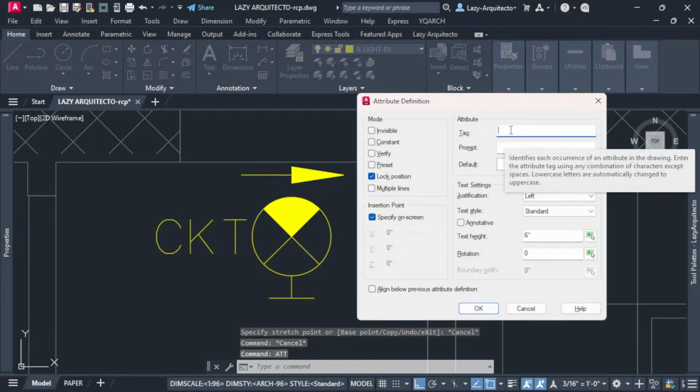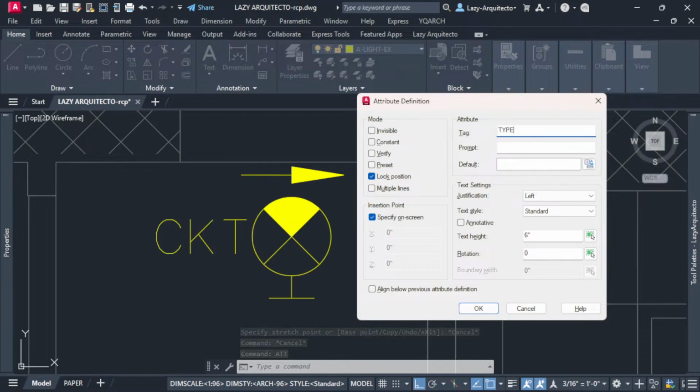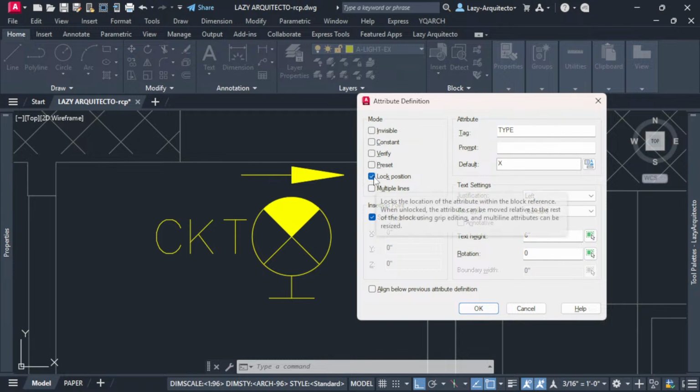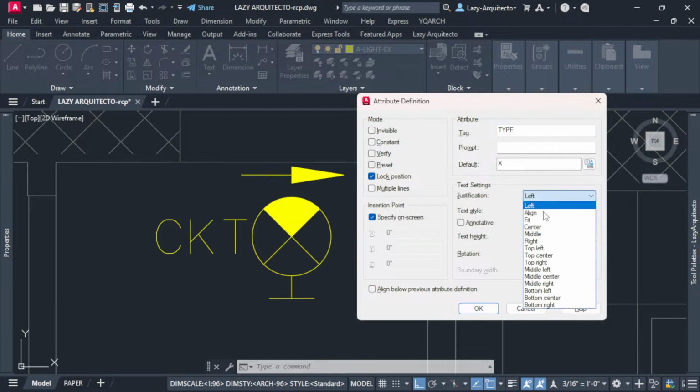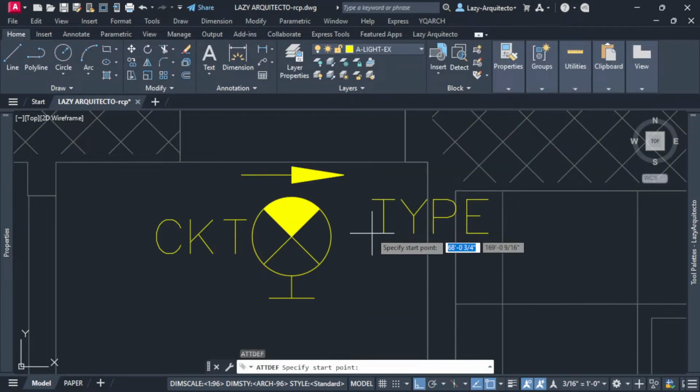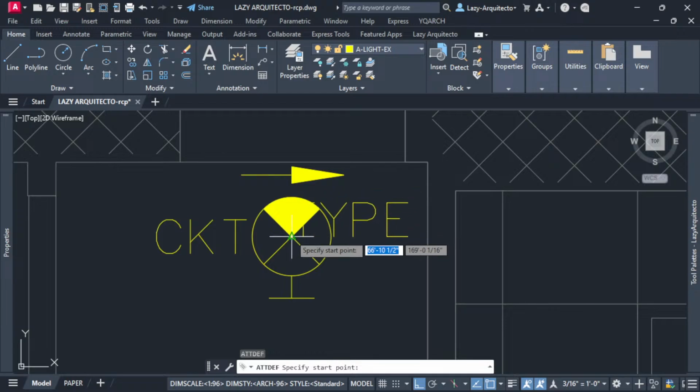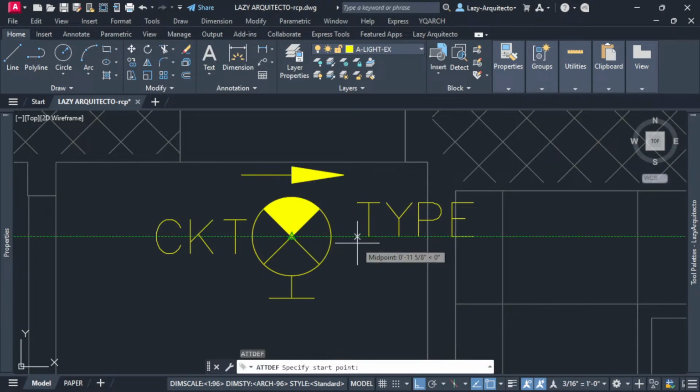In this case, it's going to be for the type, and the default, again, that's all up to you, but X is the most used type for this exit line. Mode, lock position, and the justification would be, again, middle center and 6 inches. That's fine. So let's place the second attribute from this center point all the way to the right,